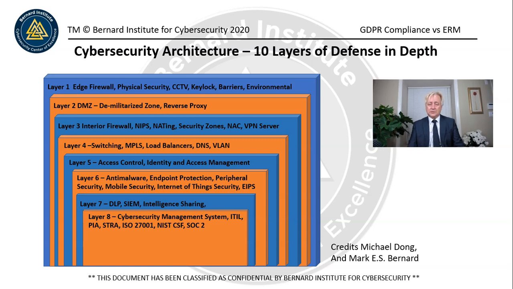And so we're going to talk more about the compliance and how these all relate to each other in a few slides. And then layer 9, cloud 9, same thing. Cloud computing is another layer. So my approach is that you have to have layers 1 to 8 in place in order to access the cloud instance.